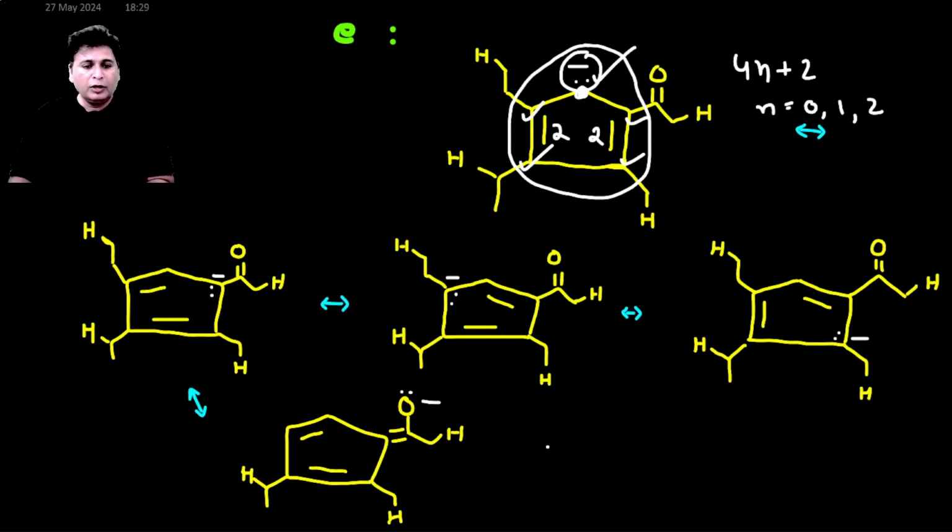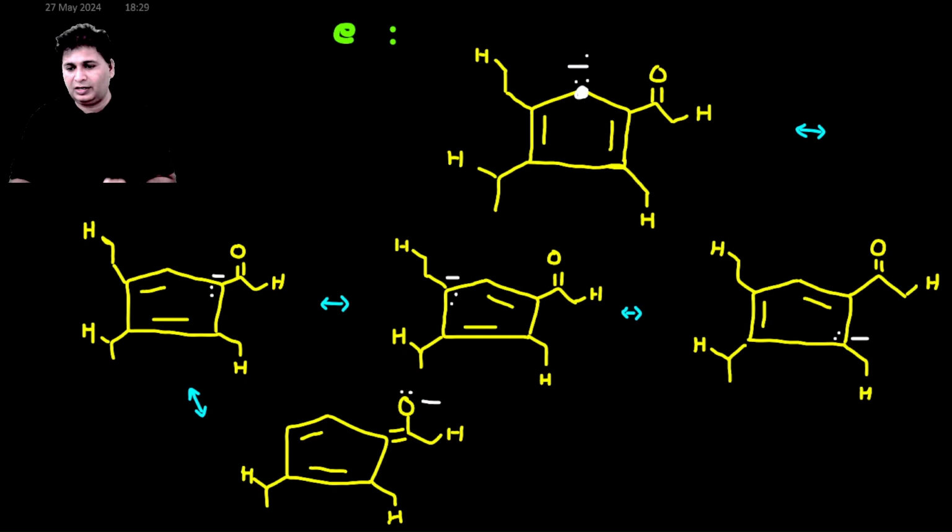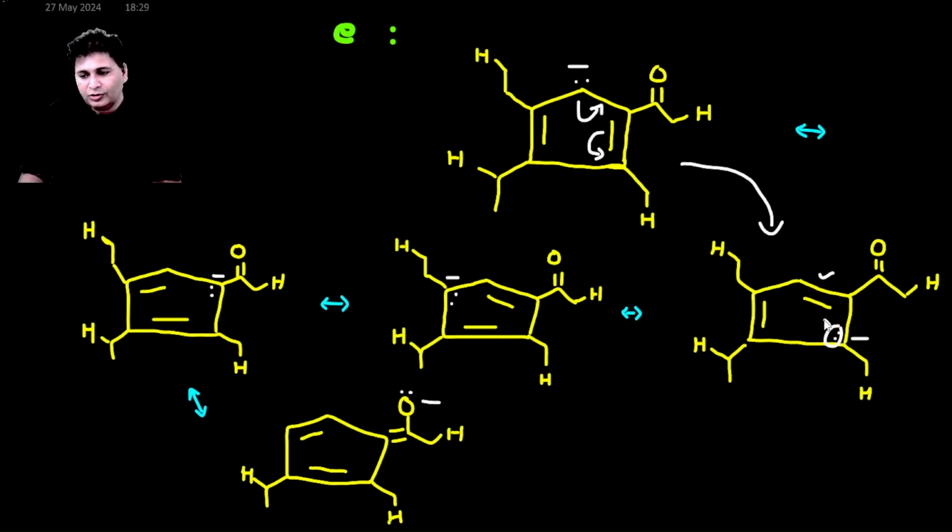So let us first go through all the structure, then we'll come to what is that structure I am telling about. Now you do the resonance, this is minus, then you can delocalize it like this, and this will come like this. Okay, so once you do this, from here you reach here, a new pi bond has come, the minus charge now comes on this carbon. Again there is a possibility you delocalize it like this, and these pi electrons will sit on this carbon. So a new pi bond will come here,